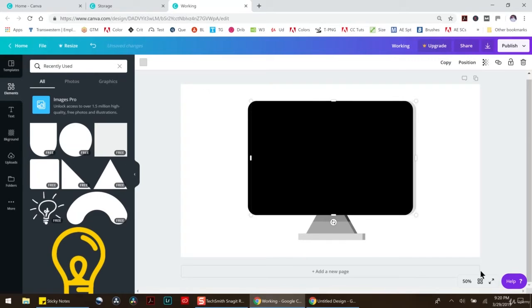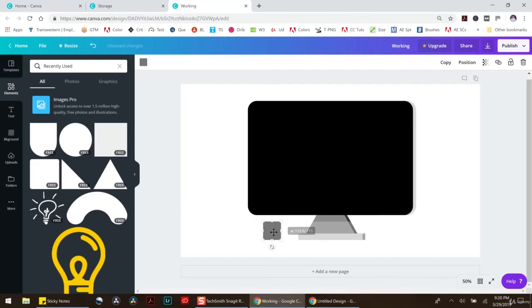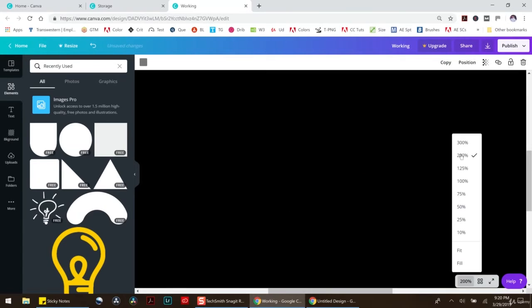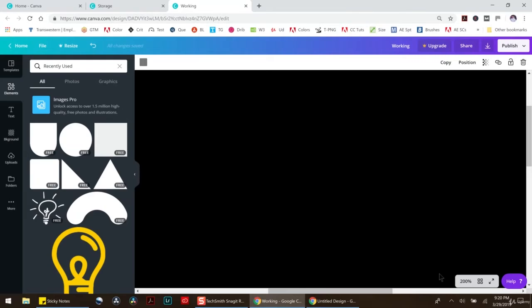And if you wanted to, could you zoom all the way in? Well, hold on. Could you zoom all the way in, get a square, and measure exactly what that is? If you were trying to make this absolutely perfect, of course you could. This is going to be a lot of work to do it this way, but it would make it 100% accurate if that's something that you really need. I don't need that today,